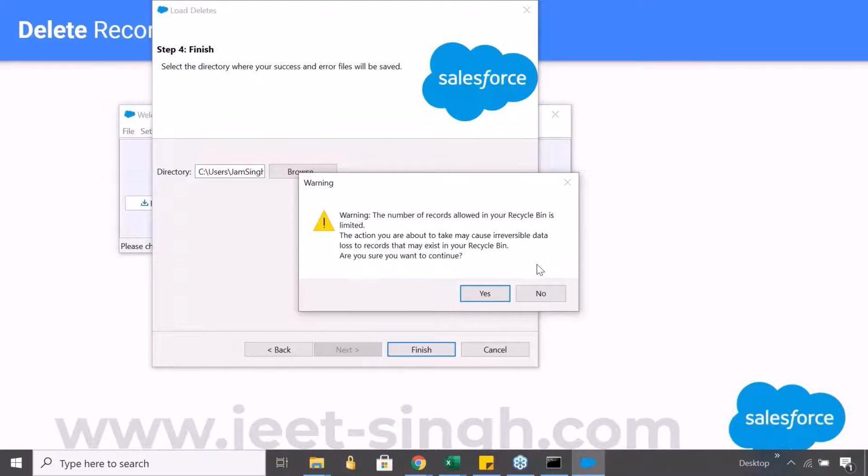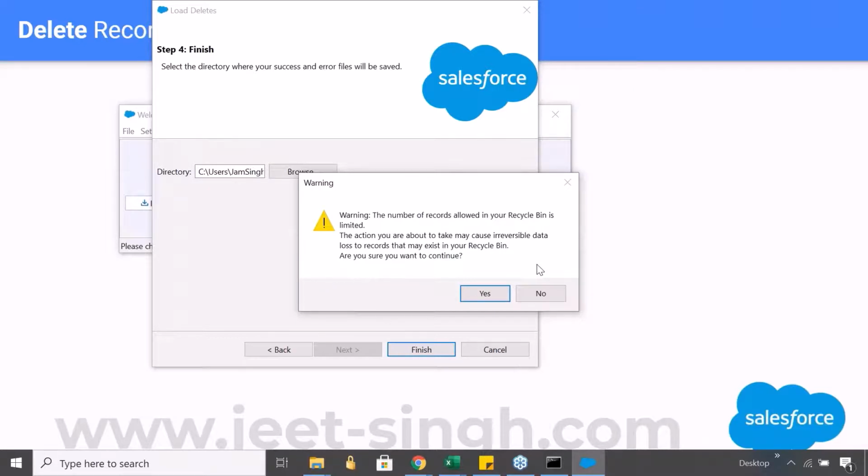All right. So with this, what may happen is some other records which are there in your recycle bin may get deleted because these records will get into your recycle bin. So you need to be a little careful before performing this particular delete operation. In general, also, whenever you are trying to perform a delete operation, please be very sure that you need to do that delete operation. You have taken the backup.